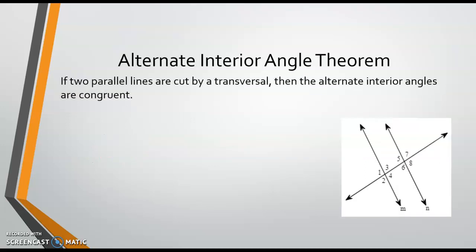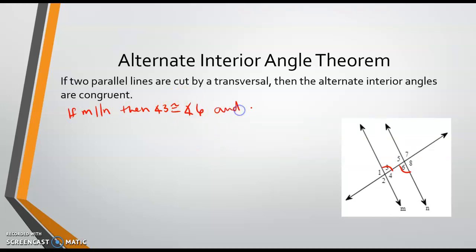All right, so next theorem, alternate interior angles theorem. So if two parallel lines are cut by a transversal, then the alternate interior angles are congruent. So if line M is parallel to line N, then angle 3 is congruent. So here's angle 3. We want alternate, so opposite side of the transversal, and then we need it on the other line. So angle 3 would be congruent with angle 6,